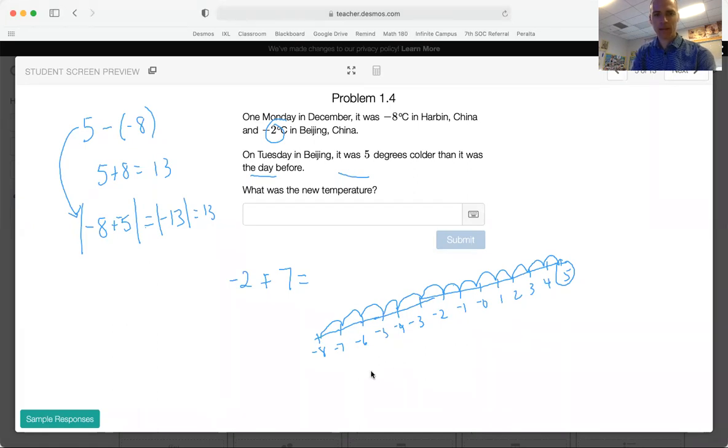Let me get a new color on here. Let's go with some red. So the first day, the Beijing was -2, and now they want it to be 5 degrees colder. So let's go 5 bump spaces to the left. 1, 2, 3, 4, 5. We get -7. Another way we could have got this same answer is by doing -2